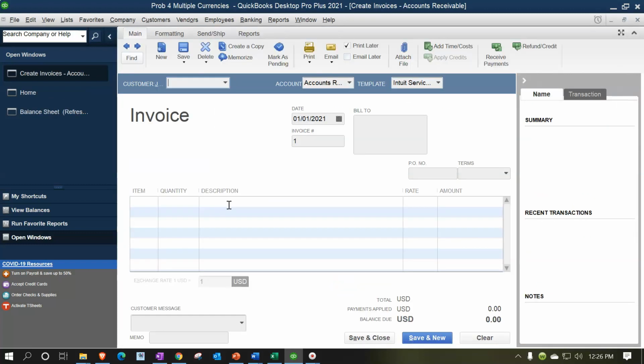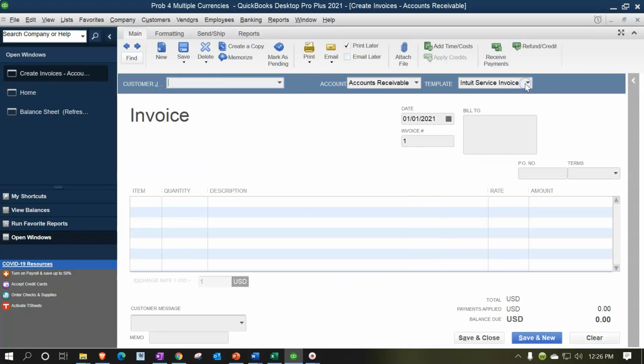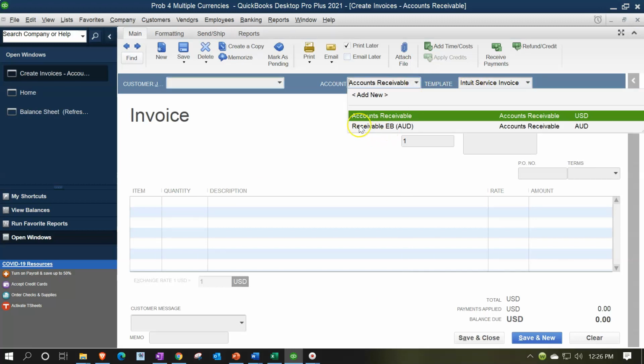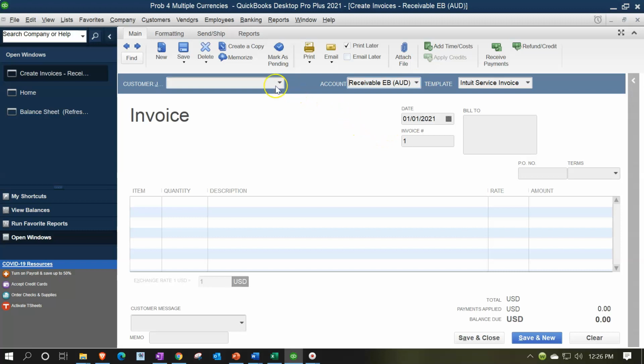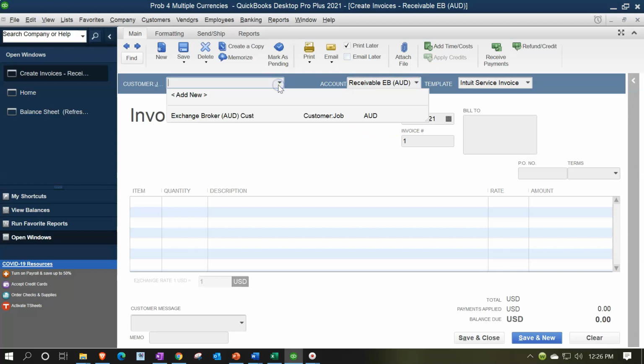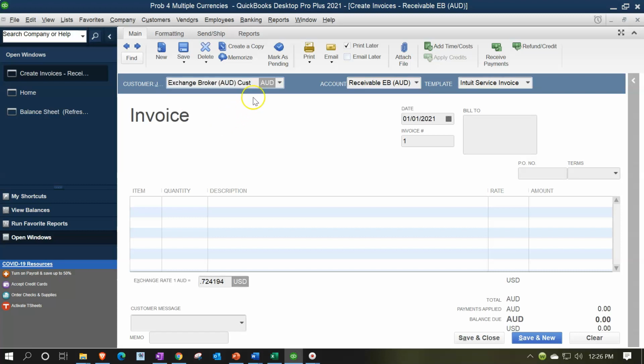The invoice means it's going to increase the accounts receivable. We want it to increase the accounts receivable for the foreign currency. Therefore, I want to hit the drop down. We want the AUD foreign currency. And then over here, we want the exchange broker and for the customer. So the customer has to line up to the receivable currency type. And then we're going to set this up as of